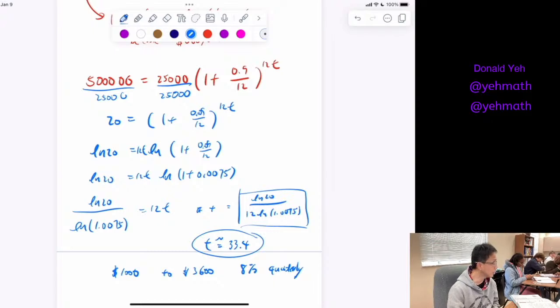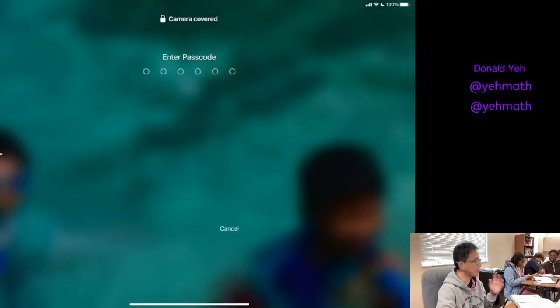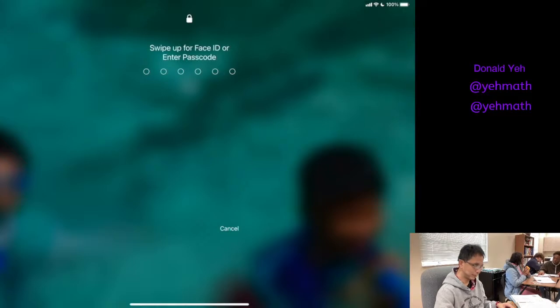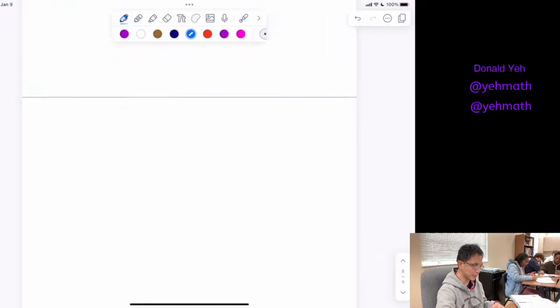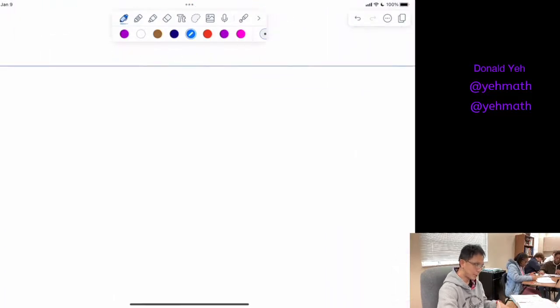All right. We're gonna talk about one more thing: half-life. What is half-life? This is gonna be on your AP Chem. Anybody taking AP Chem right now? Okay. Half-life, you're gonna remember this equation. It's continuous. It's not like compounding monthly. It naturally occurs, so it's in Euler's number. So the half-life for exponential decay,